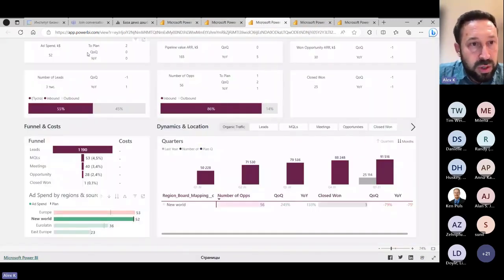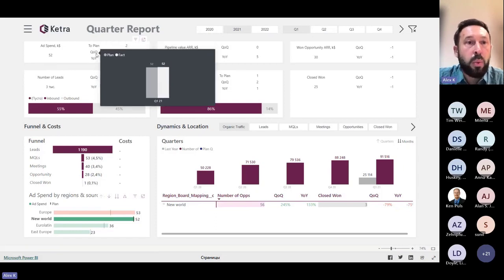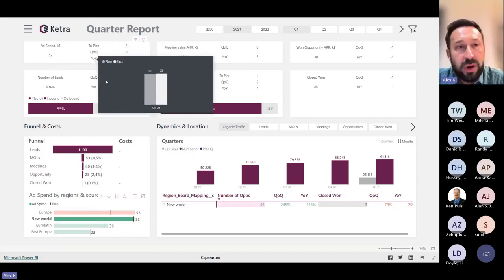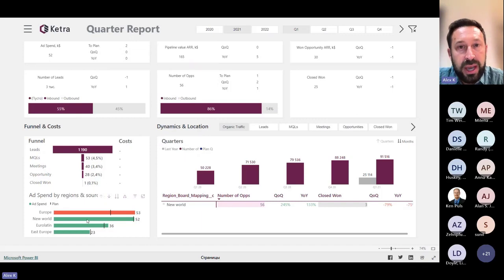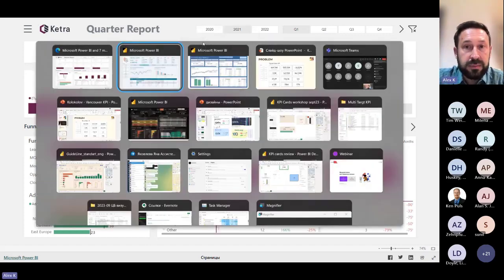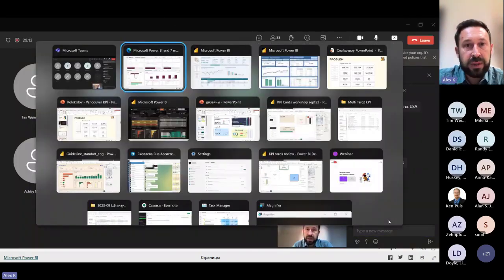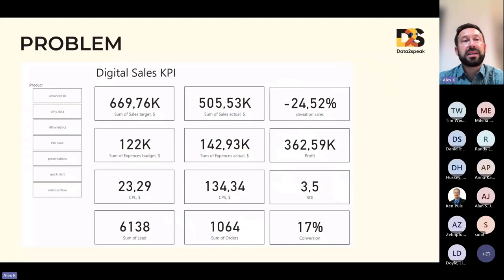So, for example, here we have comparison to the plan, quarter of quarter, year of year, and all these indicators need to be displayed. That's a challenge, how to display all these elements. But it's not only about technical approach,